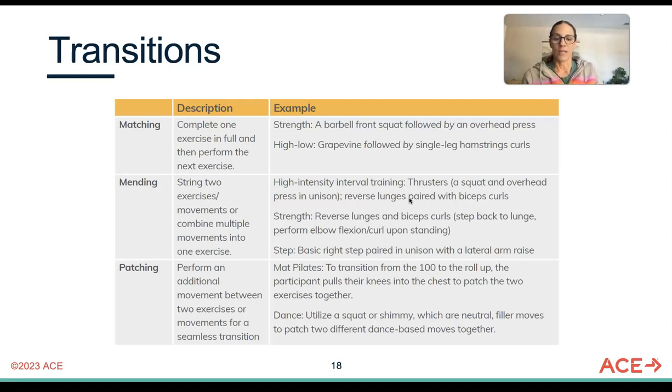Now, patching is when you perform an additional movement between 2 exercises or movements to help with transition. In beat-based, it's kind of like in dance, you might have a right foot lead and a left foot lead on an exercise. And what happens is if you're doing the right foot lead and then you have to switch to the left foot lead, you need to even out your weight on your legs. And there are certain exercises that help you do that. So for example, if I'm shuffling to the right and shuffling to the left, and now I want to shuffle left first and then right, once I get back to that center point, I need some kind of